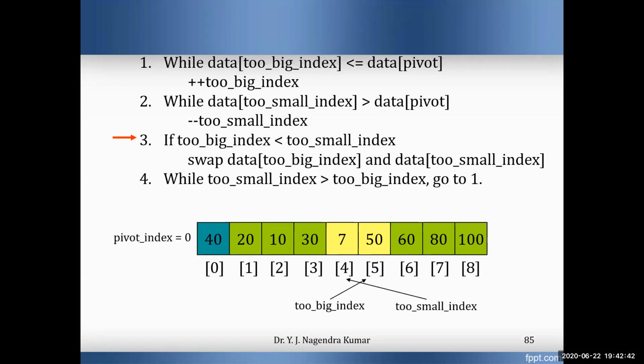Now in the third step, too big index less than too small index. What is the too big index here? 5. 5 less than 4? False. Condition false. Now the fourth step. Too small